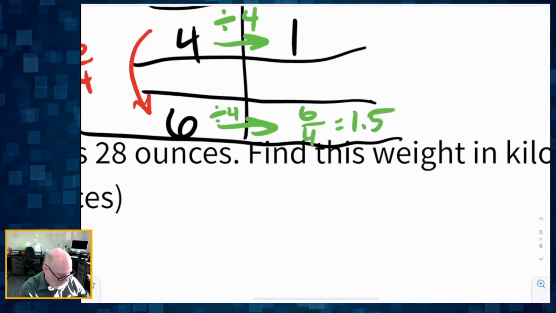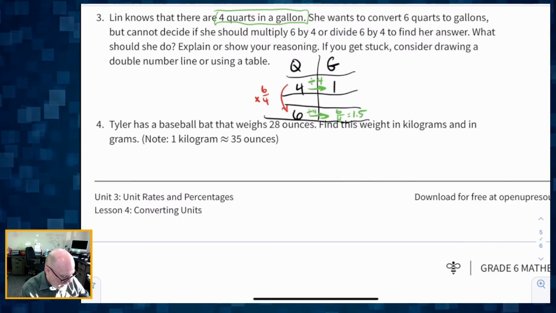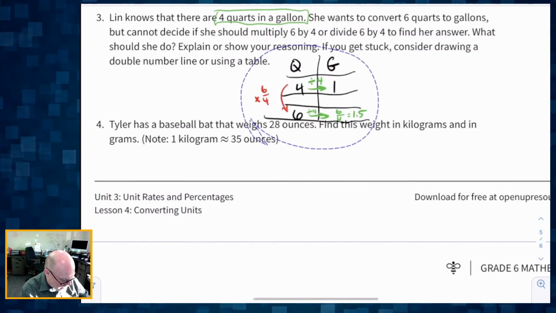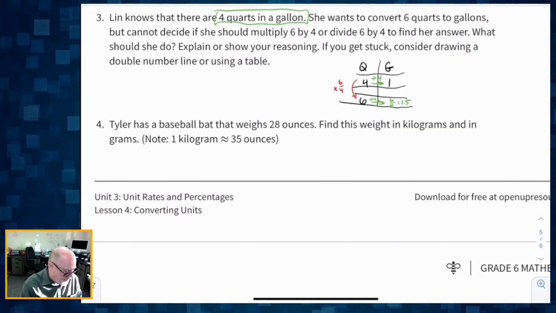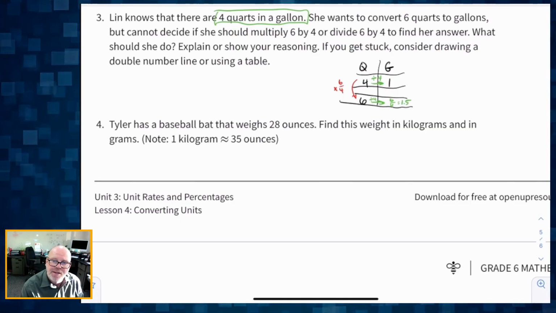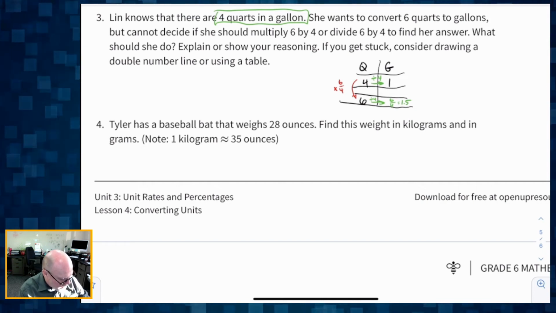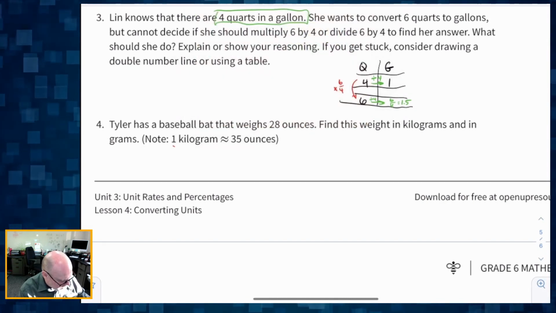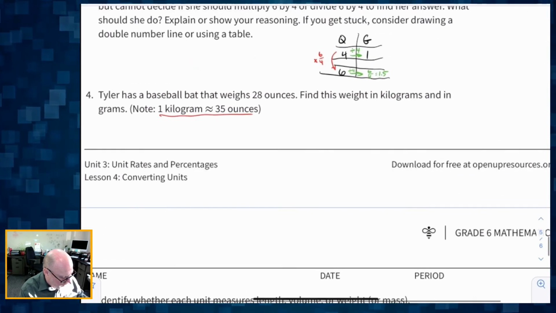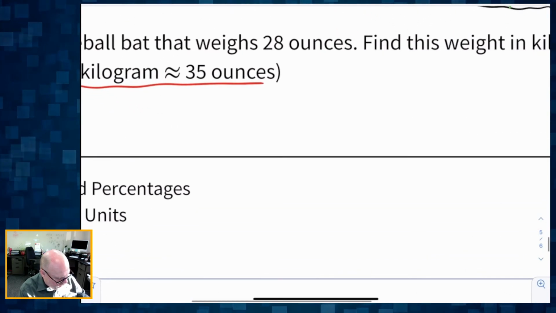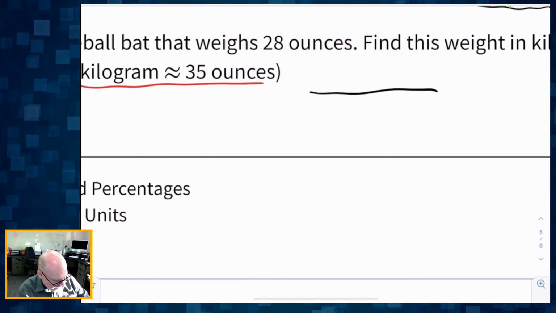1.5 gallons. All right, I'm going to make that a little smaller, get it out of my way. There we go. And then Tyler has a baseball bat that weighs 28 ounces. Find this weight in kilograms. And remember that the unit rate, or the conversion rate, so to speak, is 1 kilogram is equal to 35 ounces. All right, so if that is our starting ratio,